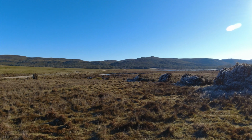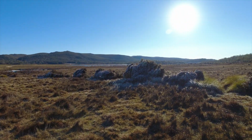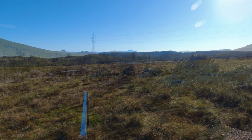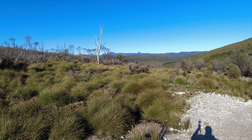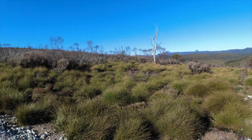Probably do the tourist thing, I'd say. Go and have a look at a few lookouts and a few places we haven't been before. So, I'll talk to you soon. Righto, we've gone for a bit of a drive up the hill to a lookout, and I don't know if you can see up in the distance you have Cradle Mountain, there's Barn Bluff, and we're just walking up this track here